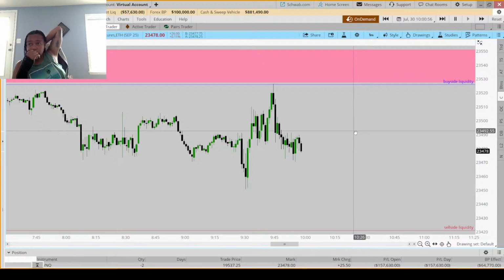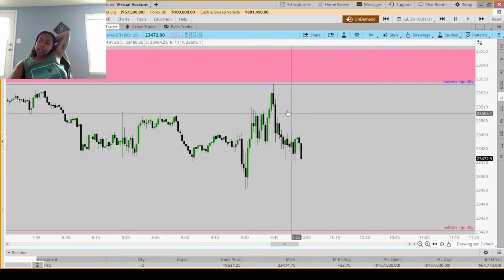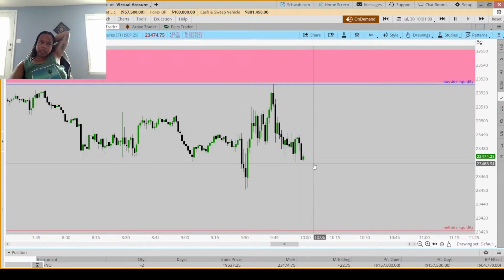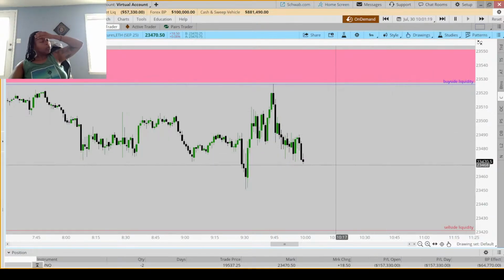But let's see. So it's 10 o'clock and we've just been chopping about. And a new rule I need to set for myself: when I see the shift and I set my order here, I should just take it off and wait until a proper setup. No need to take the loss just to force yourself to set the order, I guess. So I remember this was very choppy and annoying, for real.